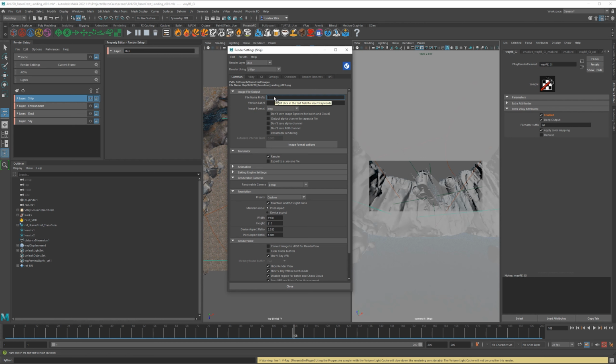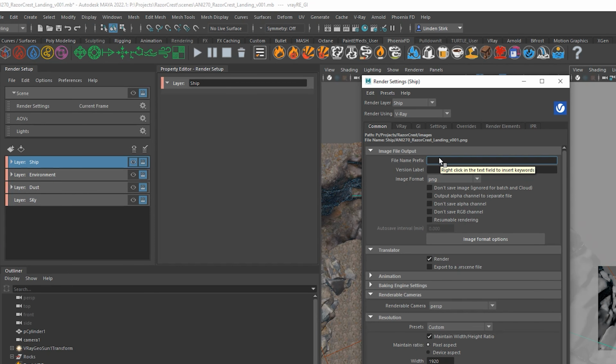So what we're going to do on this is say, I want to have every version that we render out in a separate folder, because you usually don't ever want to render out over the same version, because that's bad practice. And let's say you rendered it out and it was almost good, and then you decided, hey, let me do a version 2 or a version like 19 or something. And then the client goes, hey, we approved version 18. And you're like, oh, well, I just rendered over all of it. Now I need to render out version 18 again. So that's why you keep your versions until you're done with the project.